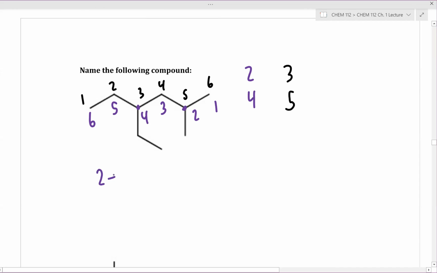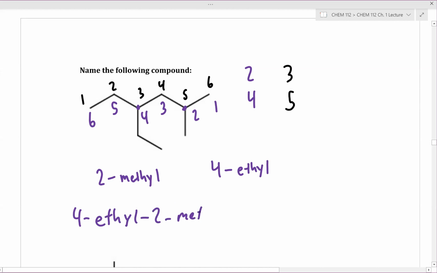So it would be 2. What's at carbon 2? Methyl. Okay, and what's at carbon 4? Ethyl. Okay, now what goes first? Methyl, M, or ethyl, E? Ethyl. So this would be 4-ethyl,